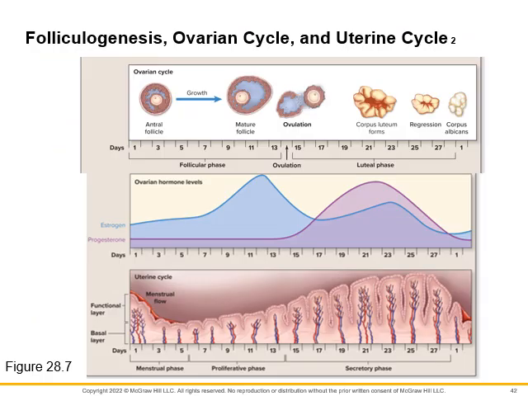So again, just to kind of, what could you do with the rhythm method? You can take internal body temperature, right? And as estrogen rises, your body temperature is going to creep up just a little bit. You would have to take this for a long period of time to set the foundation, because remember, not everybody is 28 days, right? So you would have to figure out exactly when you're ovulating here and try to avoid having sex during that